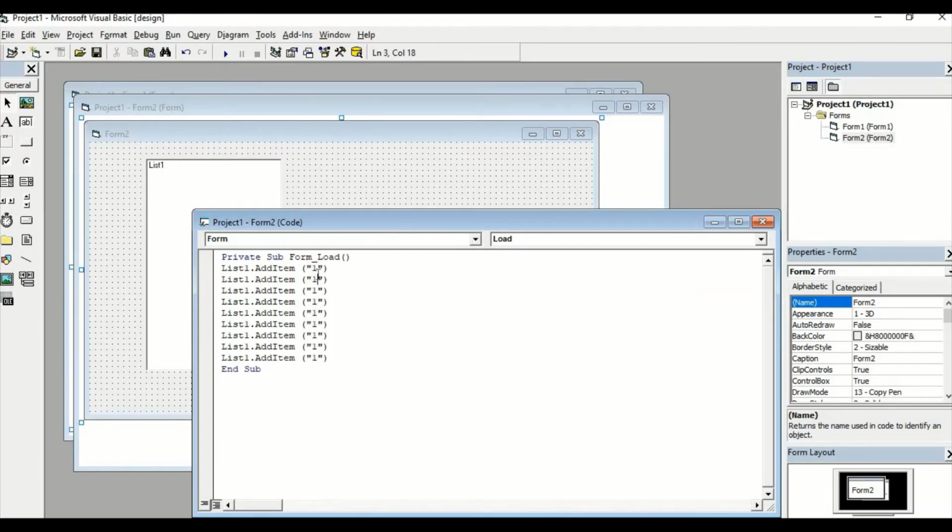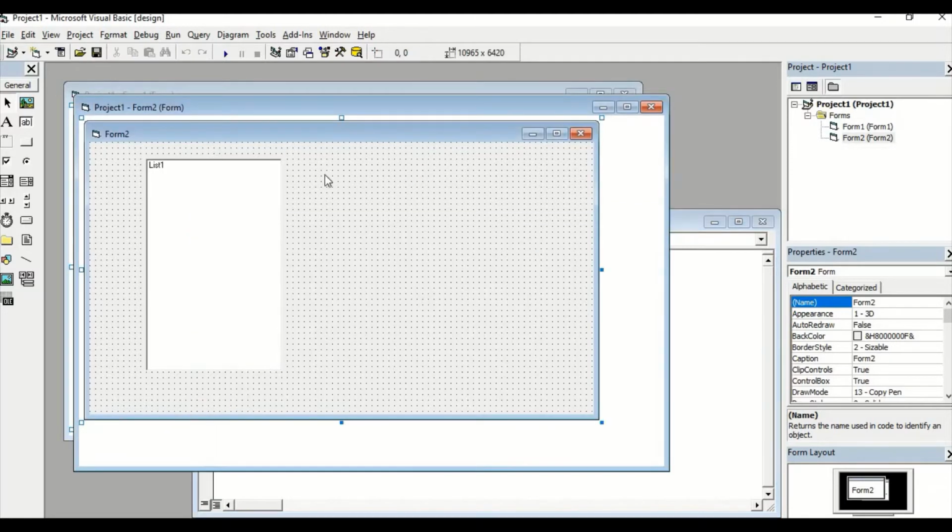So how many? 1, 2, 3, 4, 5, 6, 7, 8, 9. We can even add number 10 like this. To be able to show this Form2 when we run, we have to go there